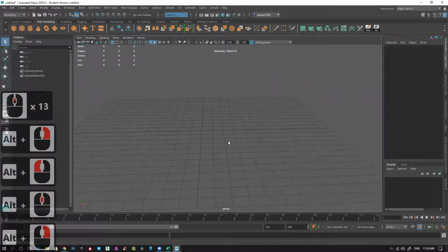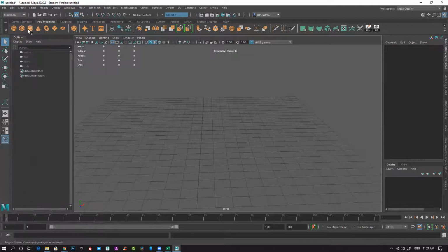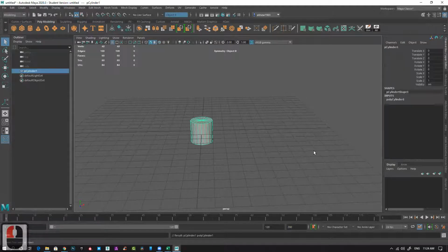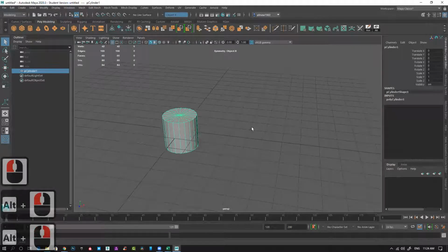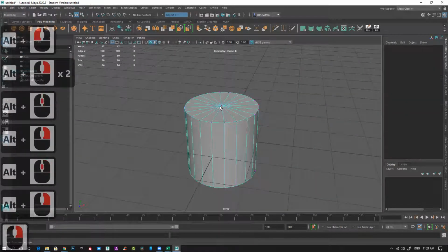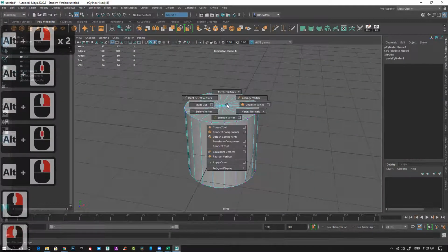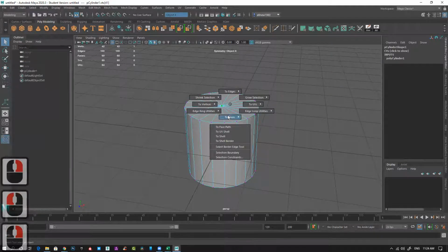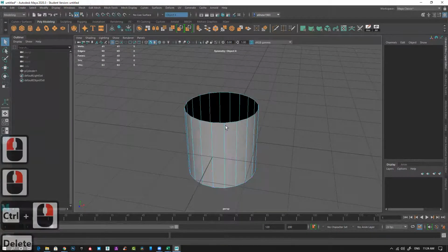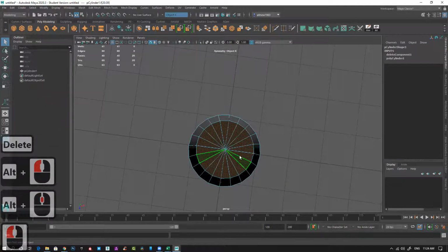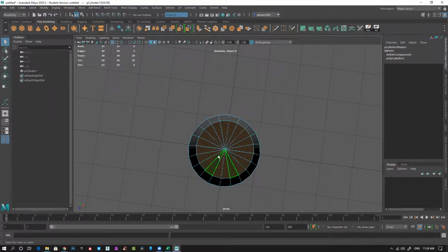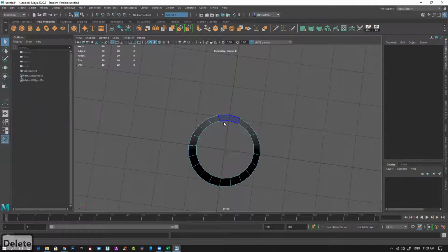So suppose let's create something very simple in Maya. Suppose let's create a cup or something like that. Take a cylinder cube and all these things. Vertex mode, click the vertex, shift, control, two faces. Delete those faces. This is something if I want I can delete it. Usually we try to avoid this kind of triangles and all. So let's delete this section.